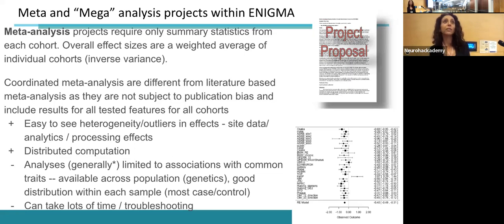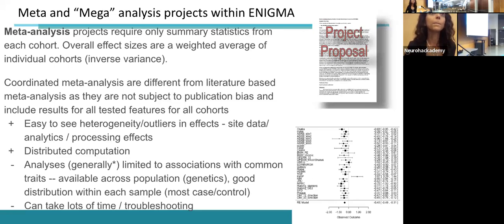And it actually turned out that they had miscoded some cases and controls. So doing a meta-analysis this way, comparing not only effect sizes but also the directionality of the effects, gives us some insight. Yes, for the meta-analysis, is everyone on the same processing pipeline? That's a good question.